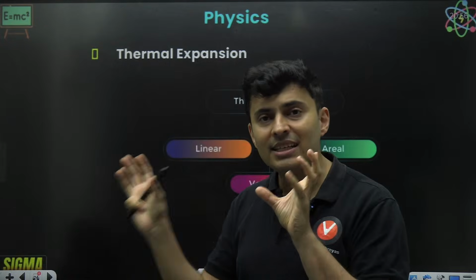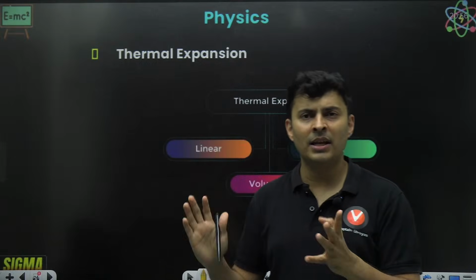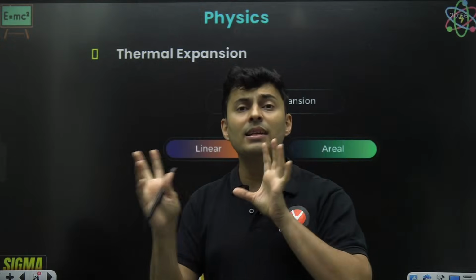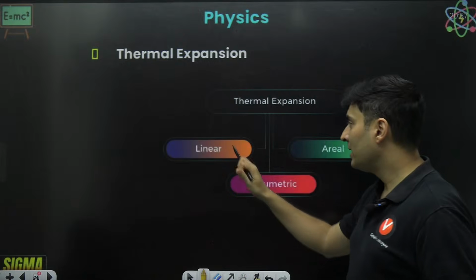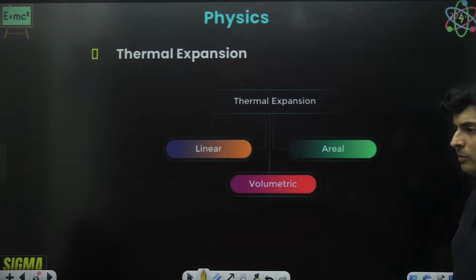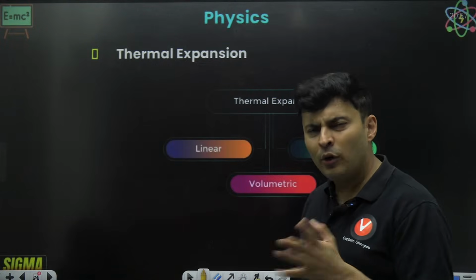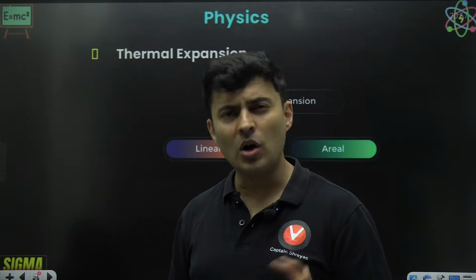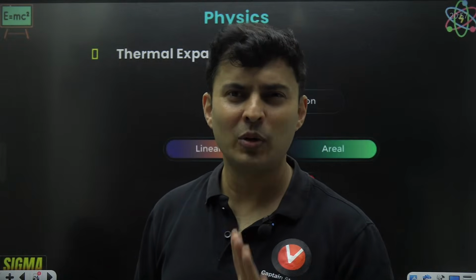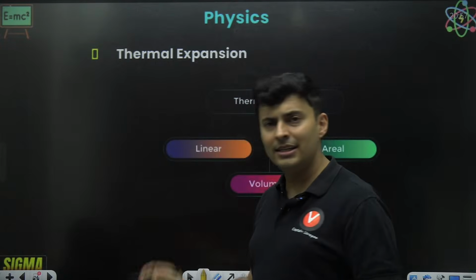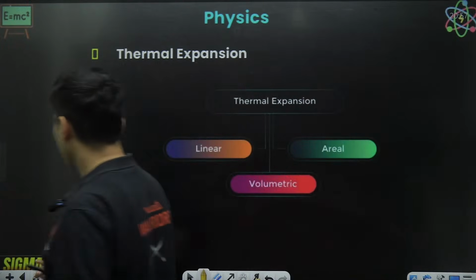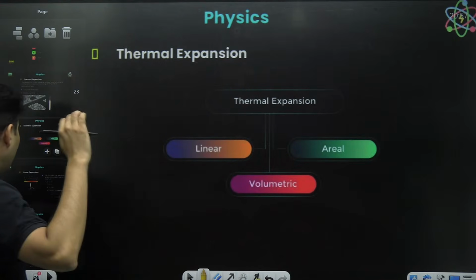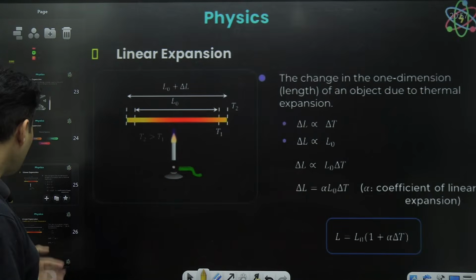So we study these three parameters: length, area, and volume. Linear, areal, and volumetric separately. The formulas, ideas, and concepts are very similar. Once you understand linear, you will easily go to areal and volumetric. So don't break your head. We'll study the three different aspects of it, starting off with